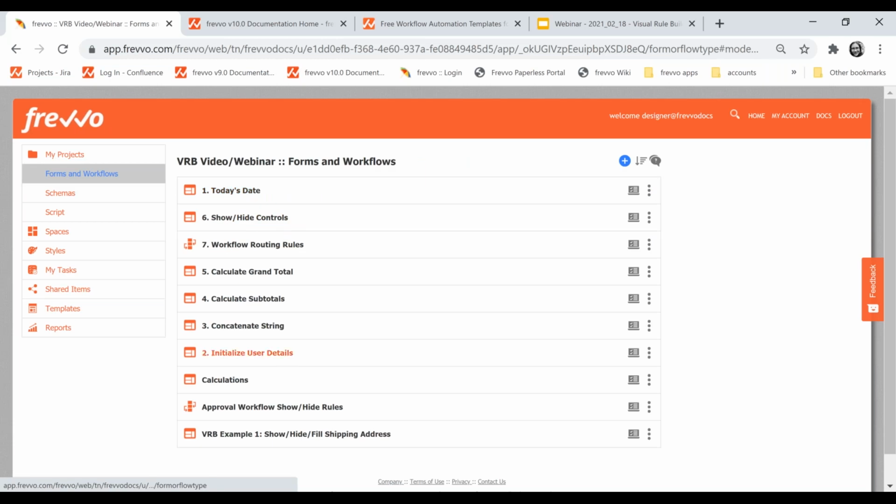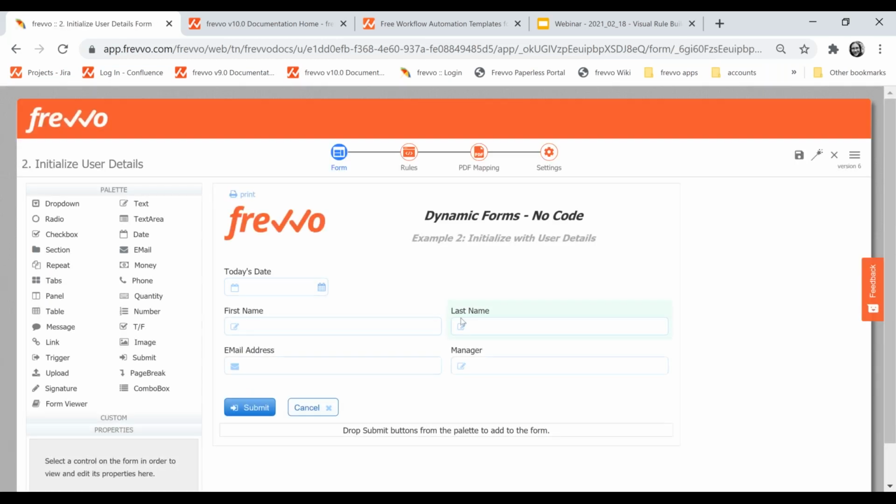Our next example is kind of similar, but now instead of just initializing the date, we also want to initialize with the logged in user's details. So as long as your user is a frevvo user and they're logged in when they fill out your form, frevvo can actually capture their name, email address, manager ID, and a few other details as well that we're not